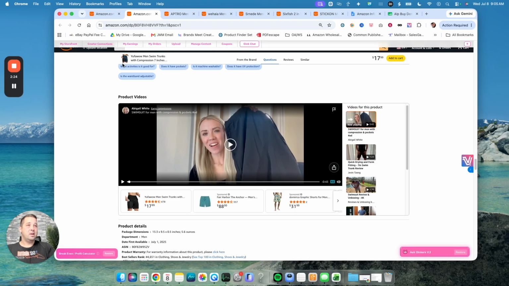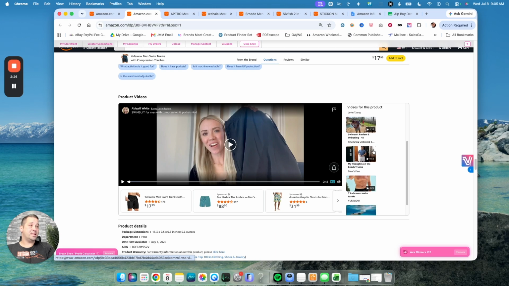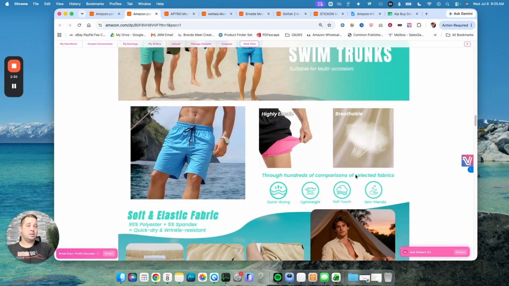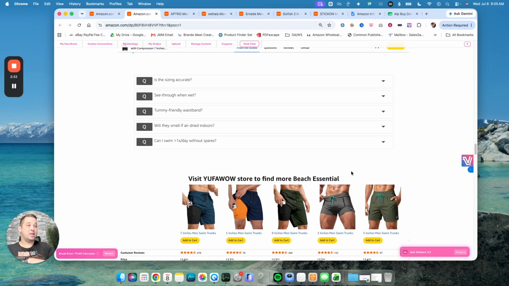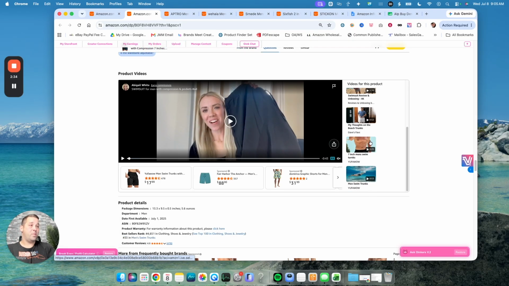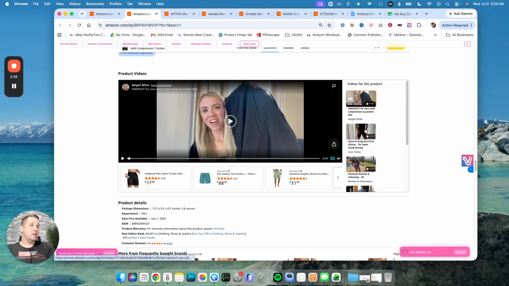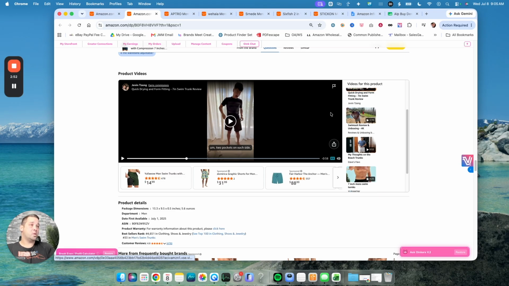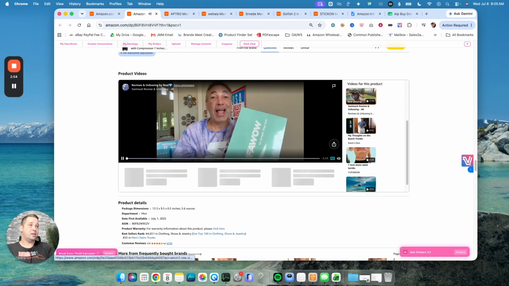So now, right over here, we can see here, Viral View does tell you that there's 4 videos. So usually there is 5 spots, so that means there is a spot for me because there is only 4 videos here. So you can see right over here. Hey all, this is my review of the Youthful 2 pockets on each side. So a vertical video got on here, which is kind of typical for clothing because it makes for a better video, but I would do a horizontal one. So right off the bat, hey everybody,